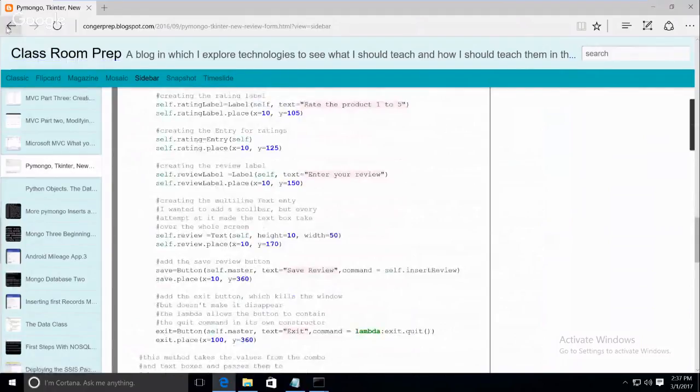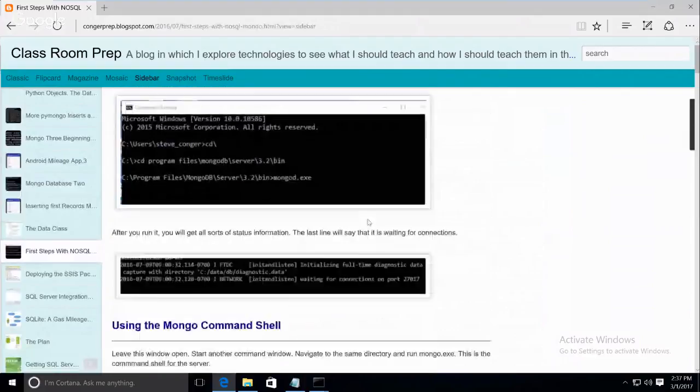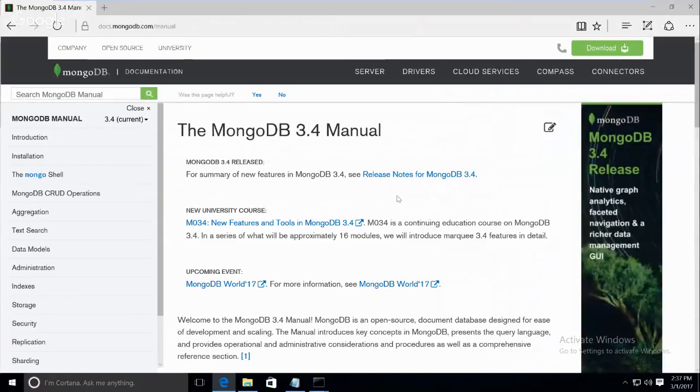Oh, I know. If I go back to the first steps of NoSQL, towards the bottom here, or looks like it's in the middle, the Mongo manual, I'm going to just click on that, is really excellent. So this is the Mongo manual where it goes through and it gives you all of the commands and all of the different things there, and it's really pretty easy to search for things. So if you need to find something,